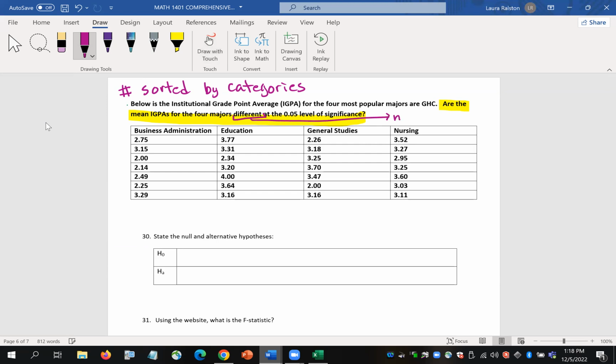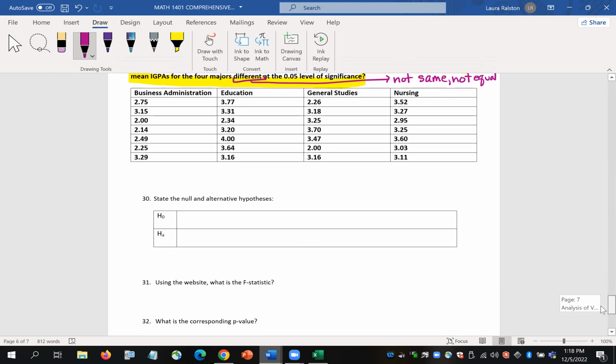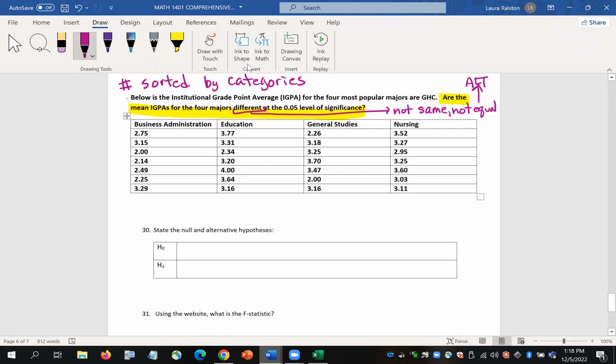Different, in my mind, implies they're not the same or they're not equal. So this statement is the alternative. And this was another one where a lot of students were missing it. And I got to wondering if I had taught it wrong, because everybody kept missing it. But in this statement with the ANOVA, again, the idea here is this implies not equal or not the same